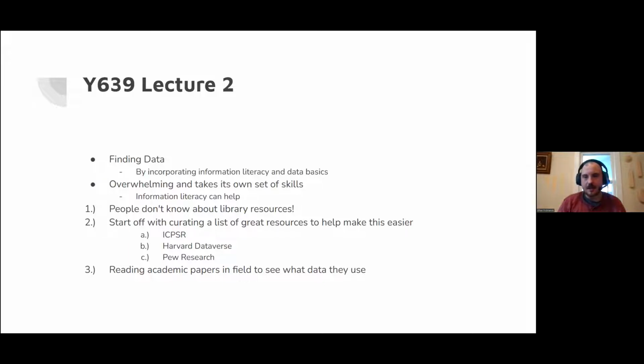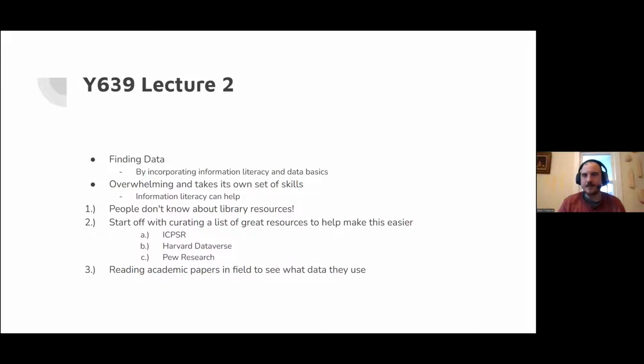Like there's a lot of good economic data, because there's a lot of data out there that isn't open. You have to subscribe to it, and the library can help get access to the data that's kind of behind those financial barriers. There's also a lot of good open data resources, and I like to talk about ICPSR, which is a good one-stop shop for a wide variety of disciplines.